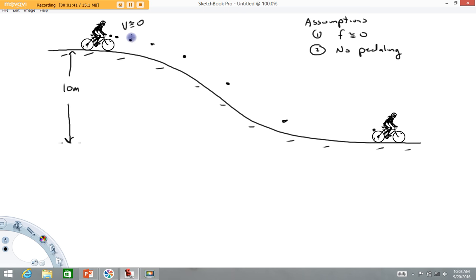All right, now I might even throw some velocity vectors in. So here the velocity vector is very small, but as she accelerates down the hill, her speed would increase, so that vector would get larger and larger. And there's her final velocity vector. I'm going to call that V2 here, and I'm going to call this position 1 and this position 2. The reason is because when you write out the theorem of work and energy, it's a theorem relating states or positions. So this is what I'm going to call position 1, this is what I'm calling position 2,